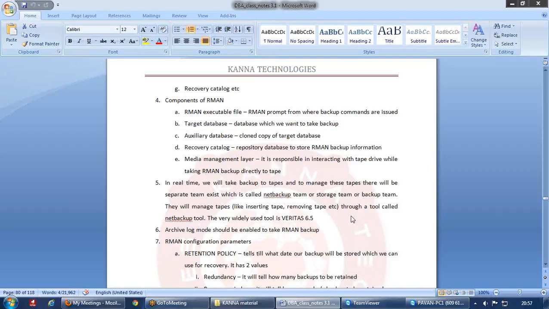So basically the reliability or lifespan of the tape is much higher than the disk. That's the reason people will prefer to take the backup onto tapes rather than disk. But this may not be implemented in all environments,